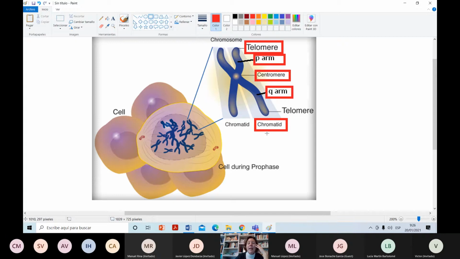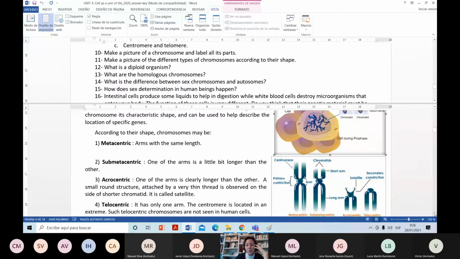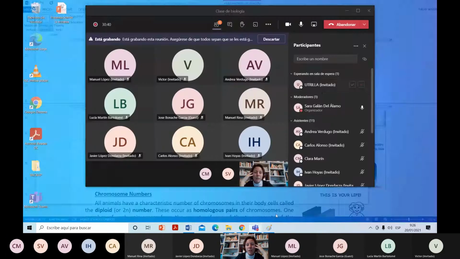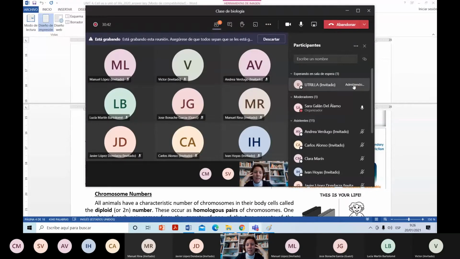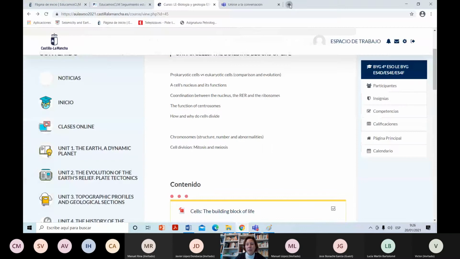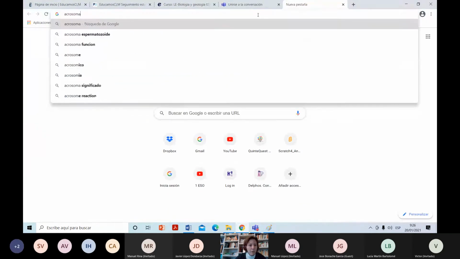Then, in case you found the picture of this type of chromosome, the acrocentric chromosome, which is this one, then you could include another term, that is the satellite. If you look on the internet for a picture of an acrocentric chromosome,